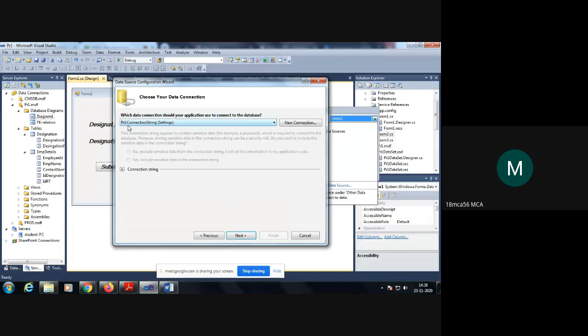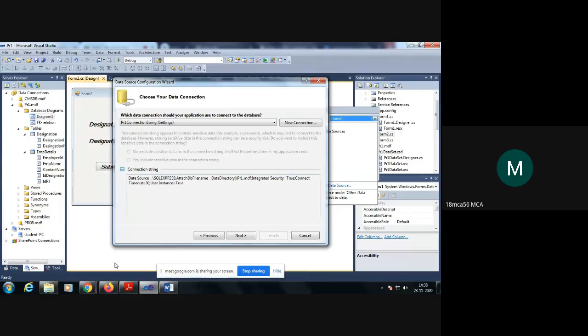Here see the connection string. Observe what database name I have given in the server explorer, the same name. See here I have taken PR1, so here the PR1 connection string will be there. And down you can see the connection string. Click on the plus symbol. If you click on the plus symbol, you can find the same connection string which we got from the MDF file. When we right click on the MDF file and go to properties, we copy the connection string, both are the same